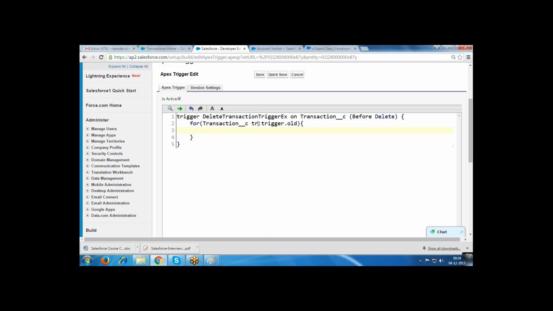Now tr dot add error of, sorry, you cannot delete this record. Save it.